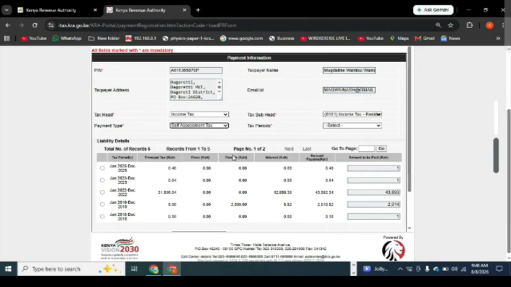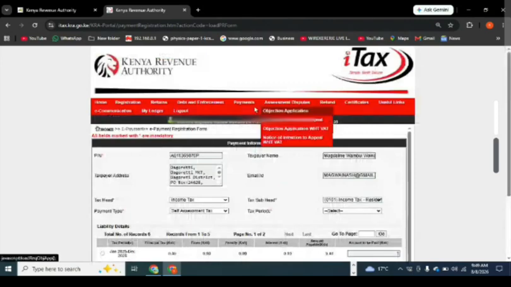These are fines for something which you do contrary to the Tax Act. We have the penalties, which occur in most cases due to late filing of your return. Then interest, which usually accrues due to the principal tax. When the penalties are put together, they start accruing interest, and this is the payable amount, which is the aggregate amount of these two variables. So we are not there yet. We needed to apply for the